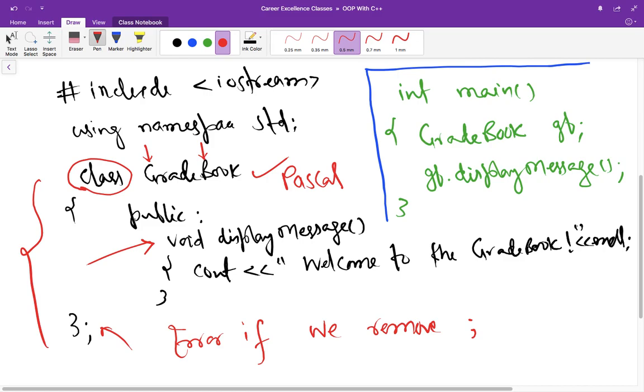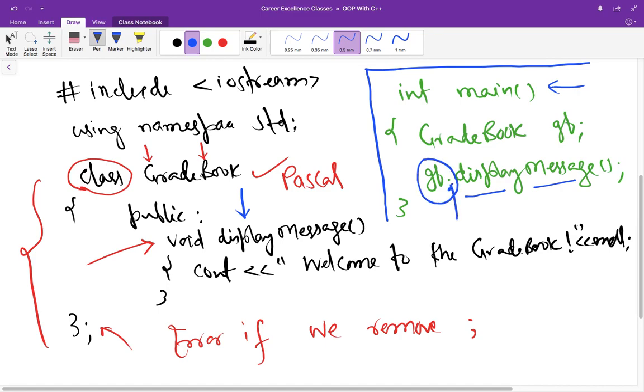As you can see here, we have two functions, one is displayMessage and another is the main function. And we have seen previously that the main function is automatically called, but most functions do not get called automatically, so we must call them before they perform their task. In this program, you can see that we are calling this display function from inside the main function, and before that we have written gb dot.